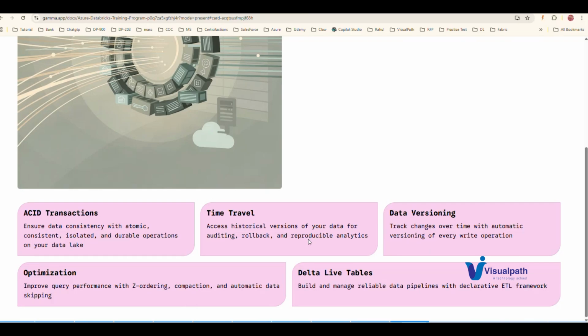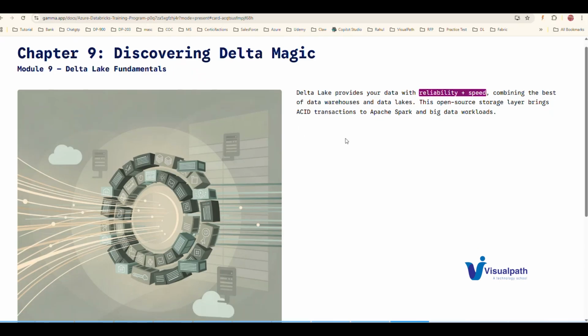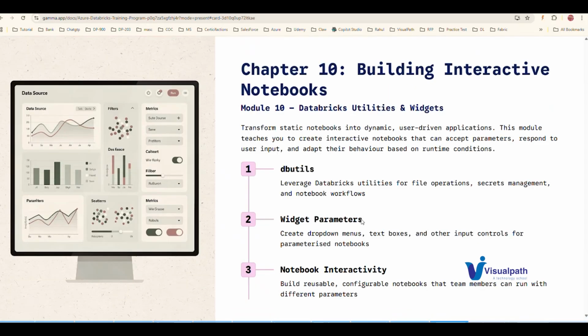The data is versioned there, and it is optimized to improve query performance. We also have built-in data pipeline and ETL frameworks. We will go through the fundamentals of Delta Lake, how it is used in the Databricks environment, what its importance is, and what advantages we get from it, in that chapter.